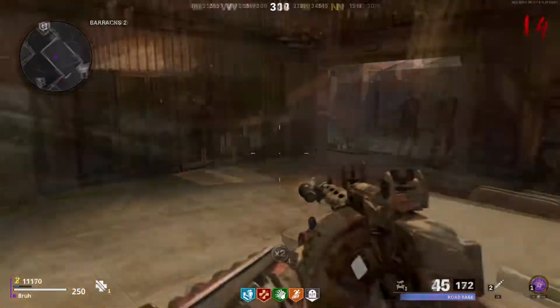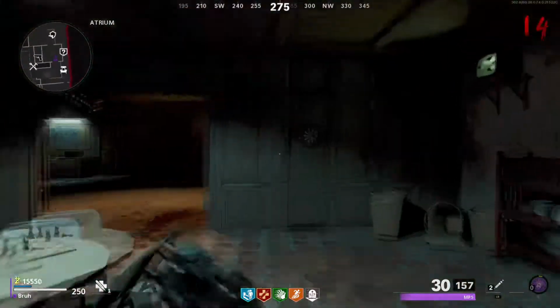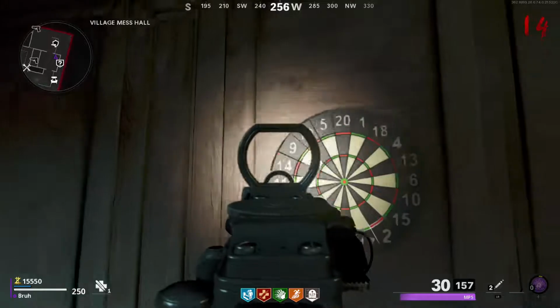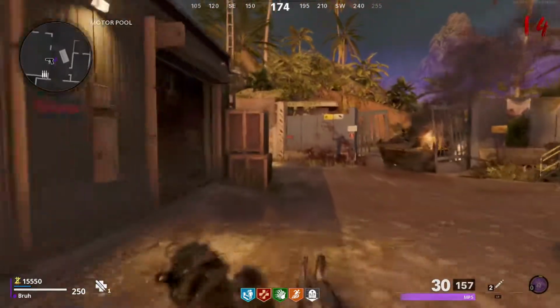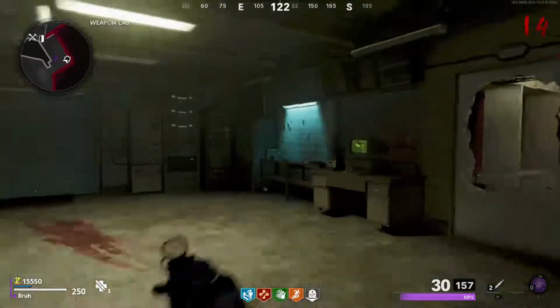Now is arguably the most difficult part of building the RAI-K. The circle on the weapons lab computer I mentioned earlier corresponds to this dartboard here in spawn. You'll want to head back to that computer and interact with it. It will start showing one section of the circle moving. The easiest way I found to do this part is to count how many times it moves left or right,